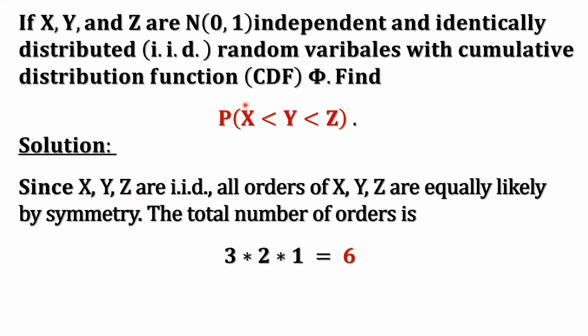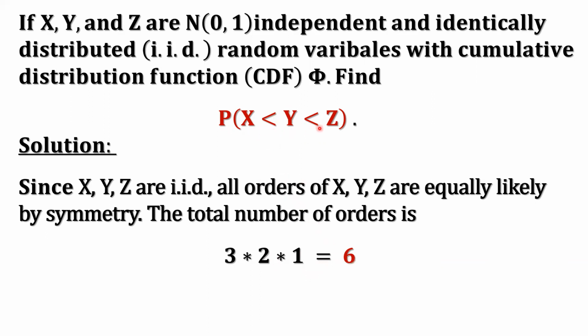So now, what kind of variable can we put in the first position? 3 variables, you can pick one. So that's 3 possibilities. After you fix the first location, how many random variables can you select to put here? We only have 2 random variables left because you already fixed one. So you have 2 possibilities. After you fix 2 locations, you only have 1 variable left to put here. That's only 1 possibility. So the total number of orders equals 6.